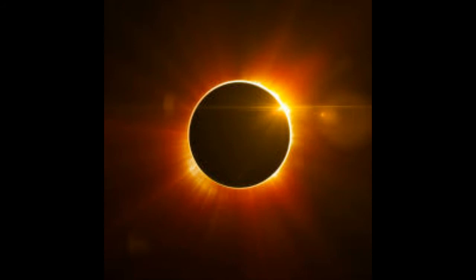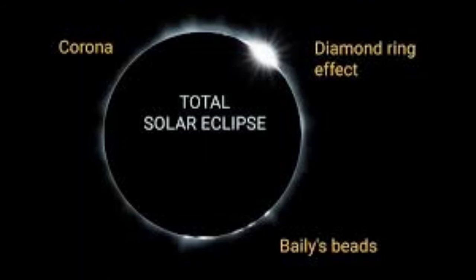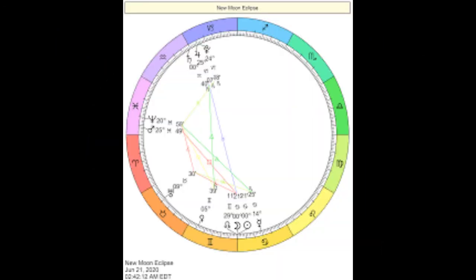And once again, we can see the solar eclipse. We see the black dot, the period, the new moon. And we can see that during the total solar eclipse, there is a resonance that you can see of the sun, the corona, and a diamond ring effect. And we can see that the corona is being used in the puppet show with the coronavirus. And it just so happens that